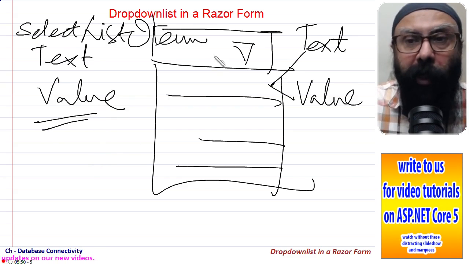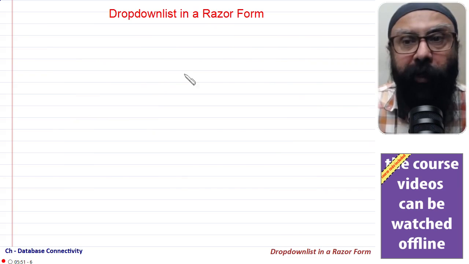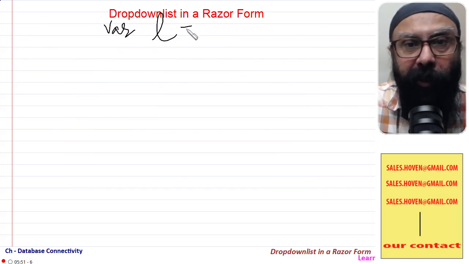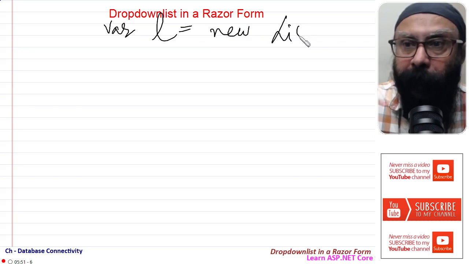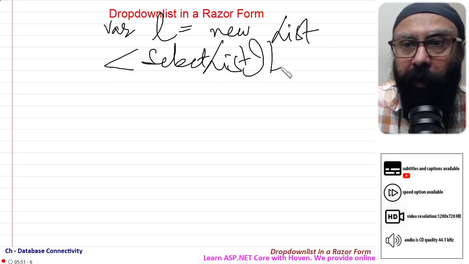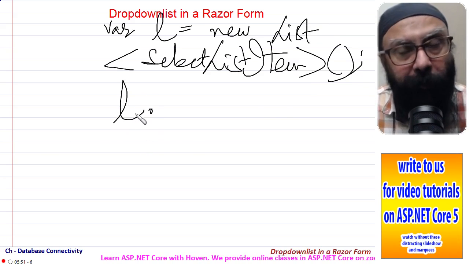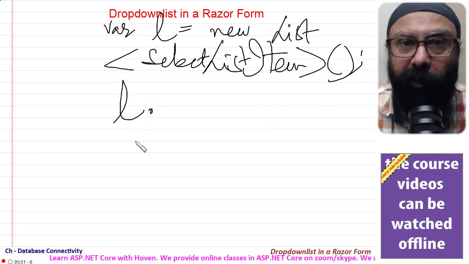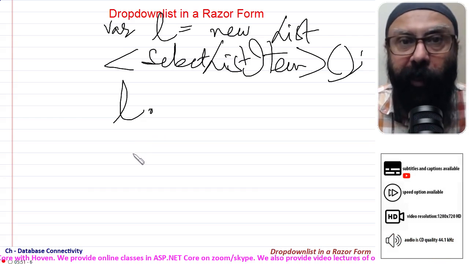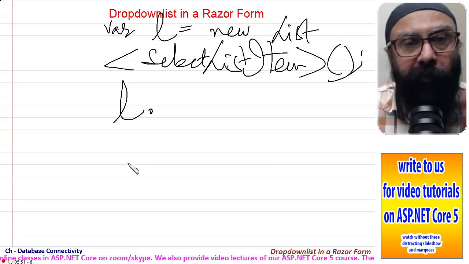So to populate our drop-down list, we need to have a collection of SelectListItems. If I write code, you can have a look at it briefly. We can write, for example, a collection list equal to new List of SelectListItem, and then to this list we can add items one by one. These items can come from querying a database, or from reading a file, maybe an XML file or a JSON file where we have already defined certain lists and properties, and this can even be hard coded.